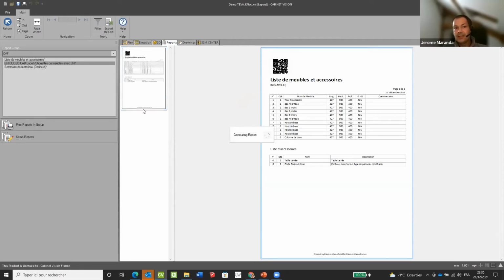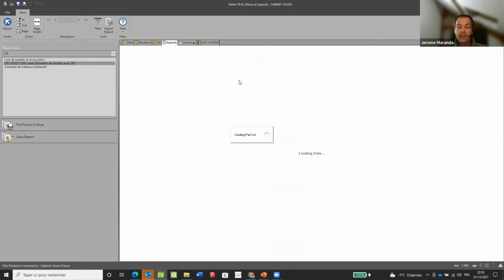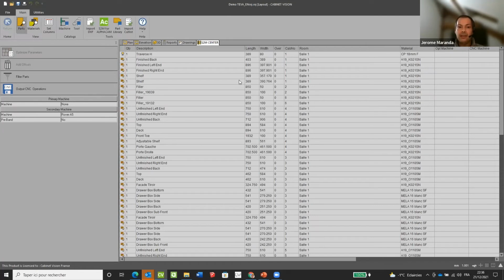Or I just create, for example, a QR code of cabinet. So here is every cabinet. Again, because I have the dynamic URL, I can say the project dash and number 3 or 4 or 5 or 6. Having this kind of report will allow you to see the QR code and so on. I have that for cabinet, but you can imagine that you could add the same, because we have a unique number on every part, so you can add this unique number into the